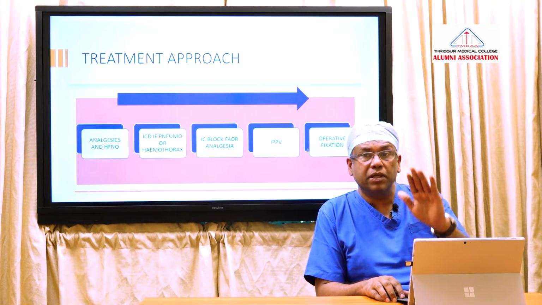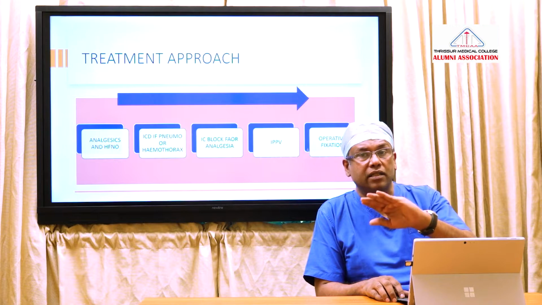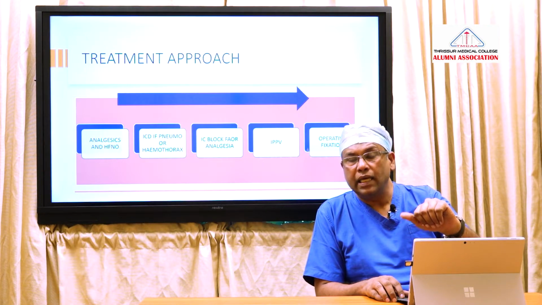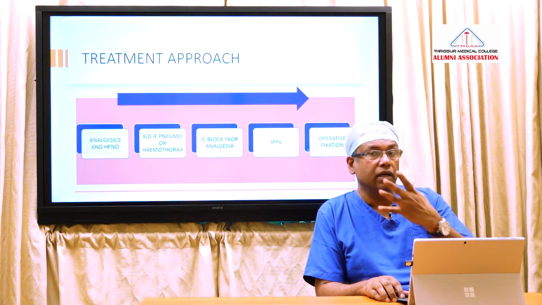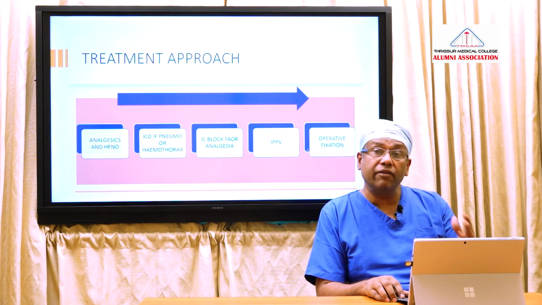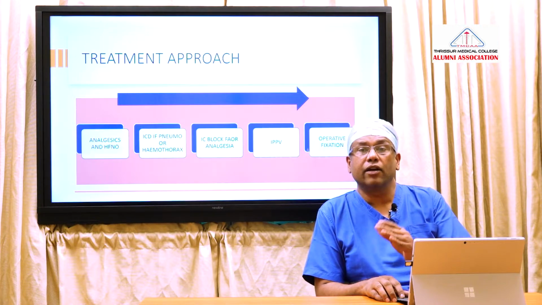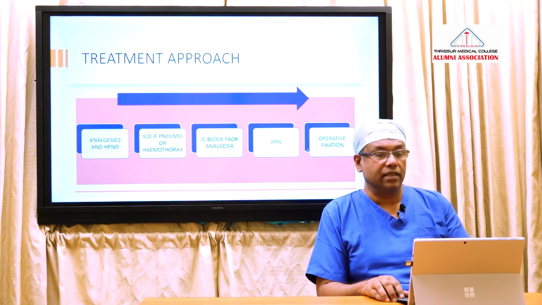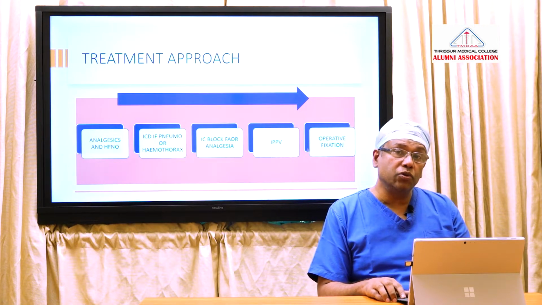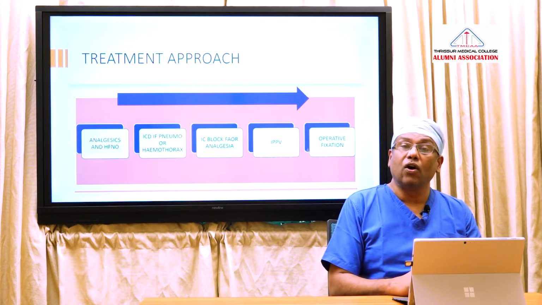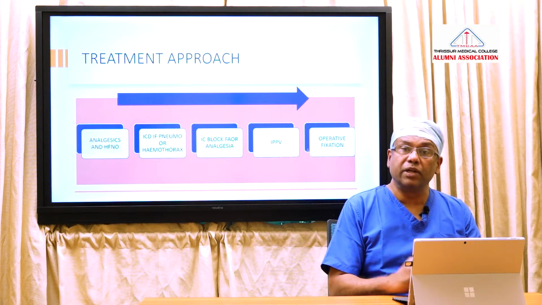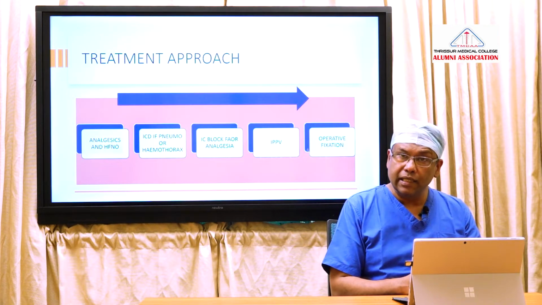So initial management is airway, breathing, circulation, and D and E, that is always there. Then what will you do? You give analgesics. You can give an intercostal block and give oxygen by mask or high flow nasal oxygen. That will take care of the saturation. Then what next? If the patient has pneumothorax or hemothorax, the next option is to go for an ICD, intercostal tube drainage, for drainage of the